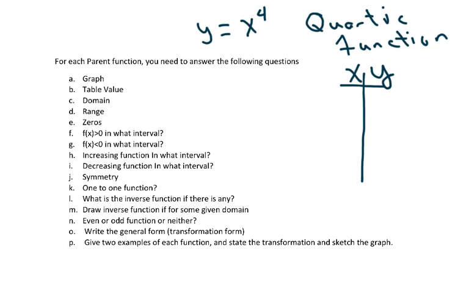So basically you put in -2. -2 to the fourth goes to 16, maps to 16. And then everything else is the same. So let me show you what that looks like. Basically, what it looks like is the quadratic function, but if you put in some fractional points in here, and